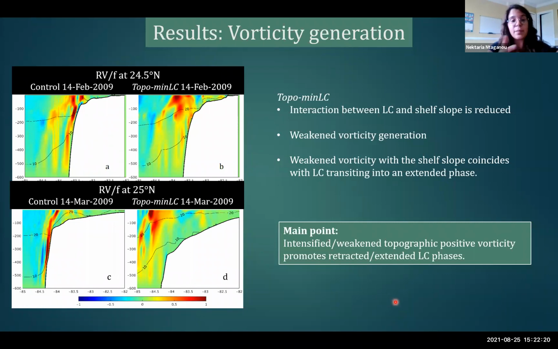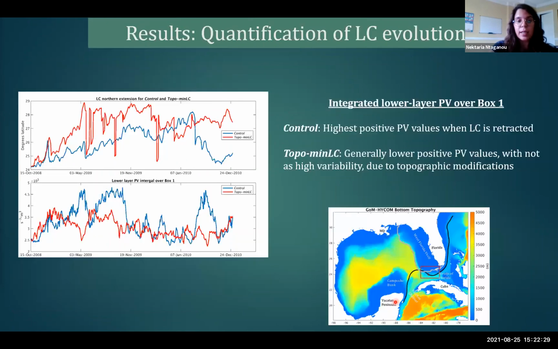So this implies that changes in the topographic vorticity are connected to different loop current phases. Now, looking at the vorticity for the entire simulation, in the lower layer, in a box, integrated vorticity in a box that includes the Straits of Florida and the southwestern Florida shelf. For the control experiment, which is shown in blue in the lower panel,